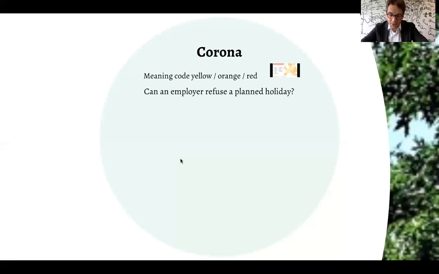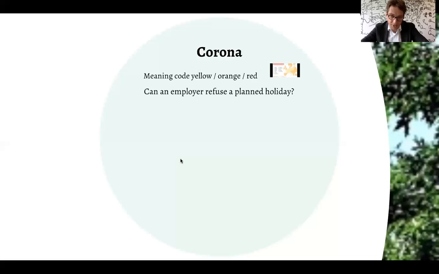What can you do? Well, it's advisable to communicate what the consequences are when an employee leaves for such a country. And if the employee has to be quarantined and the work can be carried out from home, then in our opinion, you can argue that the employee still is not entitled to salary. And you can even argue that that may also account for countries that are labeled yellow. But do note that this is not something that has been established in case law already.